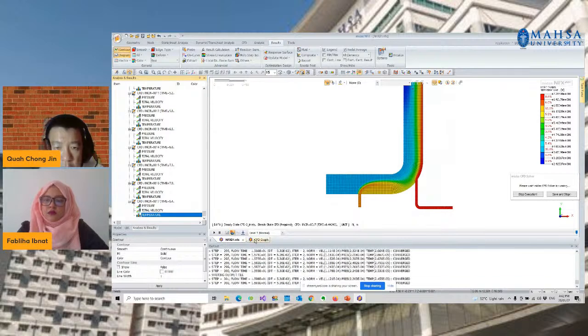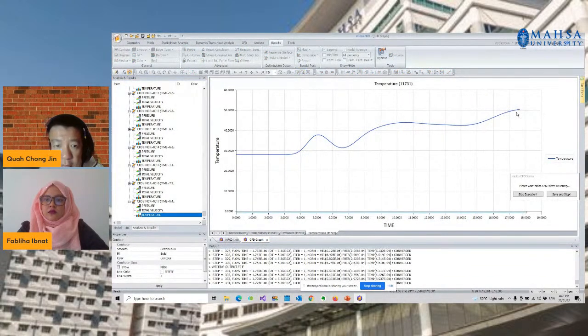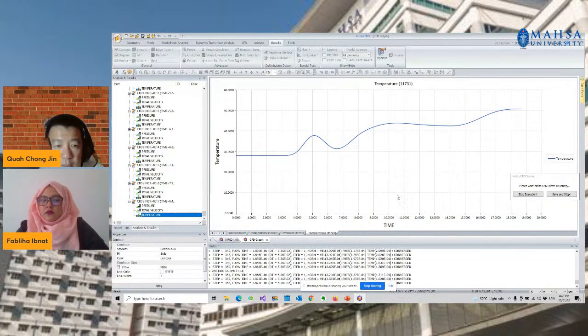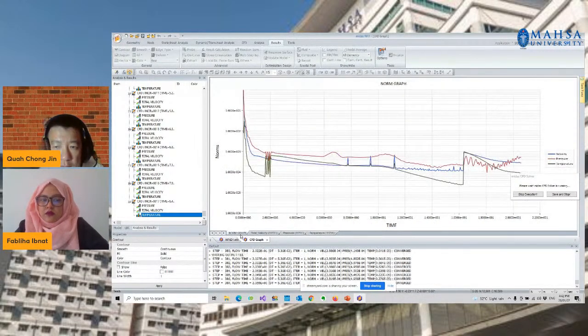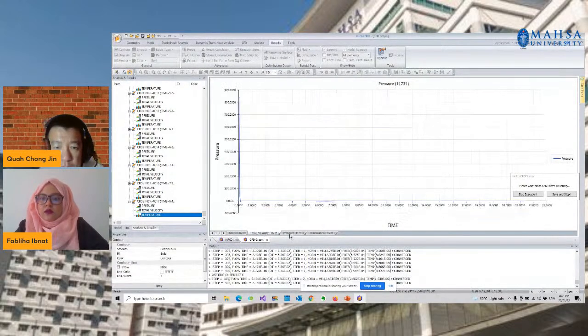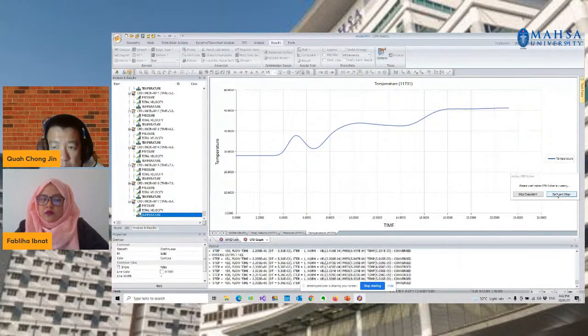Let's check. Yes, the temperature is rising up. It has not converged to a certain value yet, it's not a constant value. So I will save and stop for a moment, then I should be able to show you the transient setup also.